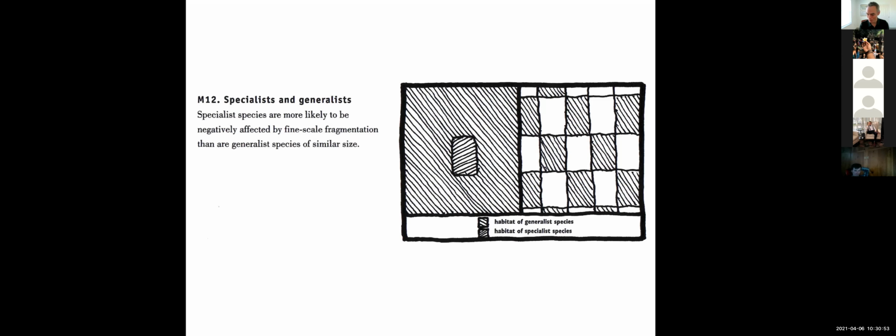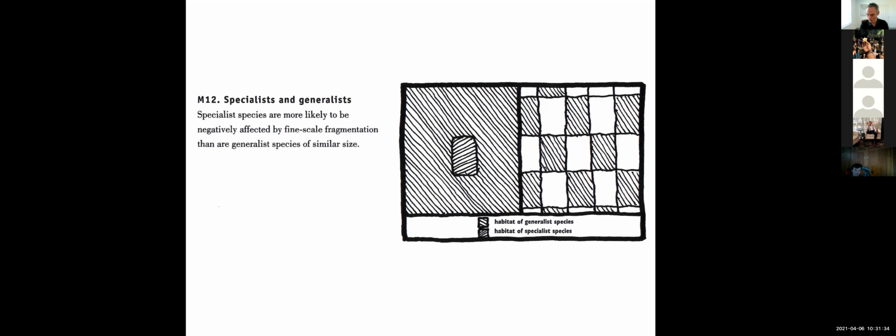Think about what fragmentation produces in terms of the types. Also, if there's more spatially fragmented areas, larger generalist animals move more easily through that landscape instead of a small specialized animal. They do, and it's not even necessarily size, but the generalists do move more easily through because they can survive in a wider variety of habitats. But it's a little bit more specific than that. Anyone want to take a stab at it?